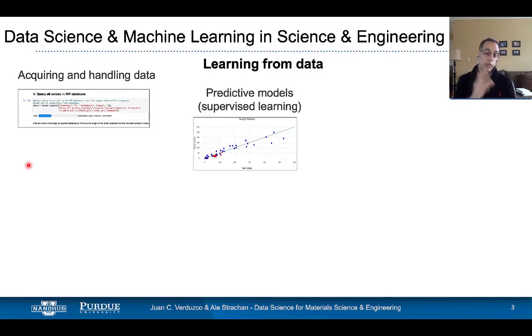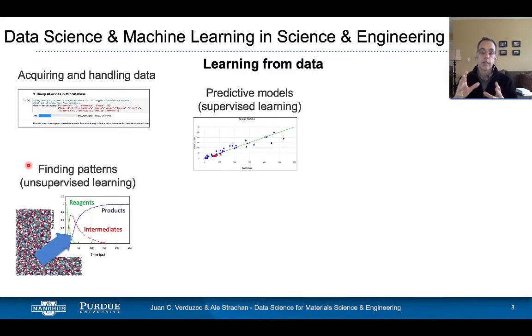So once you have your data, you can use the data to train predictive models. We have modules on that in this series to develop machine learning, to develop neural networks or random forests. There's a field called unsupervised learning that seeks to find patterns in the data, the underlying structure of your data.